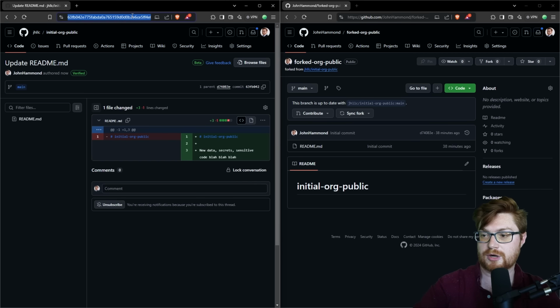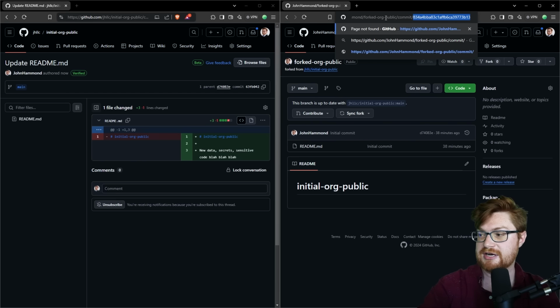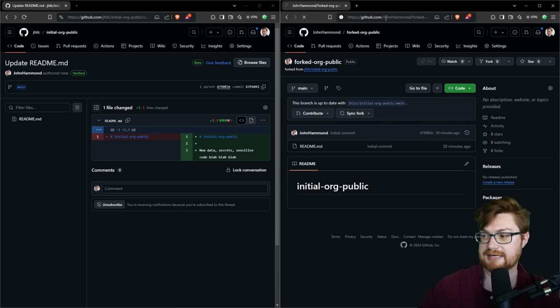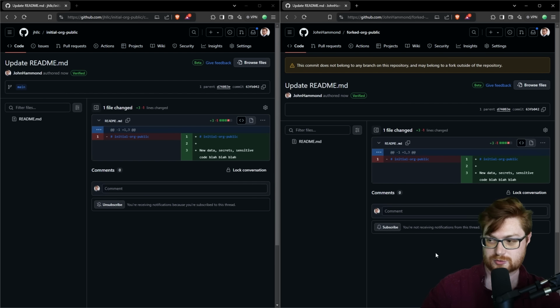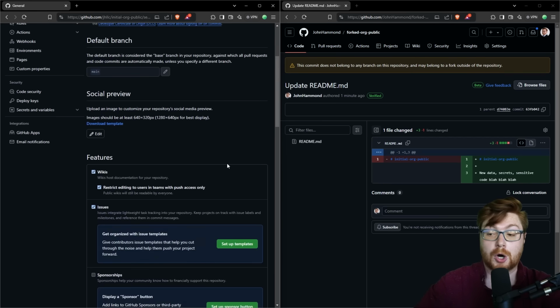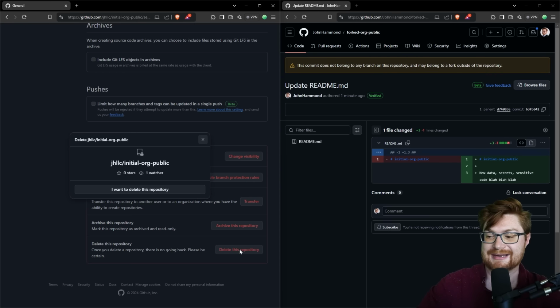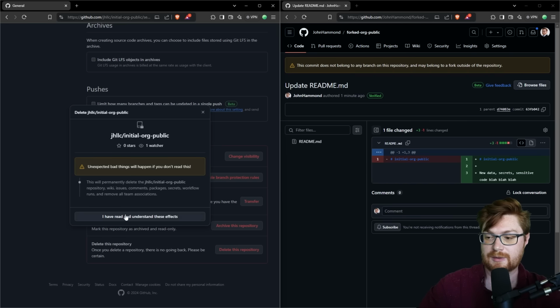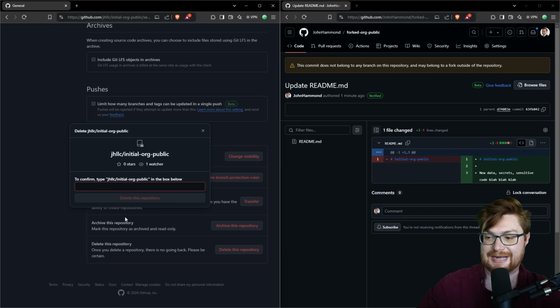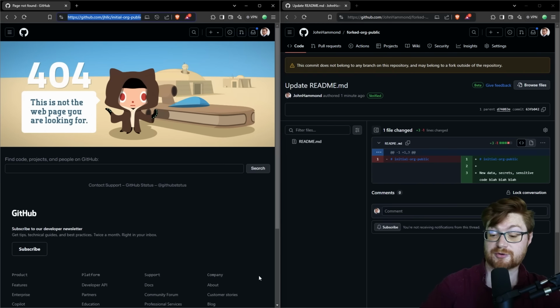Note that going to this URL, going to that commits on the left-hand side is totally fine, because that is the original repository that it was on. If I try to go access this from the fork, pasting in that commit ID, well, it can see that too. But now if over on the left-hand side for the original repository, if it were to suddenly be gone, if it were deleted, if it were just nuked from orbit and repository removed from the internet, well, then they would still be able to access the commit, even though it is presumably deleted from the left-hand original perspective, but on the right-hand forked perspective from that other user, it's totally still accessible.